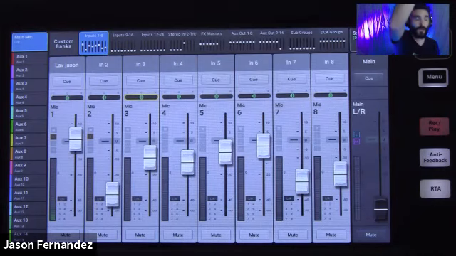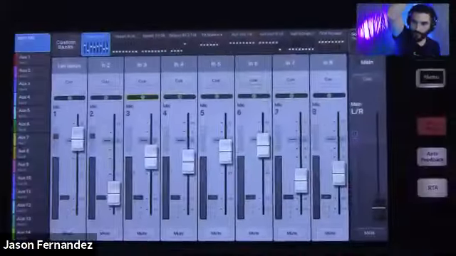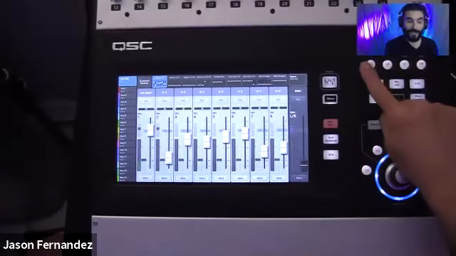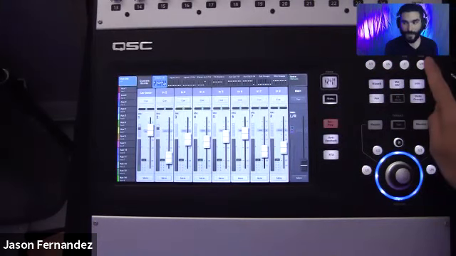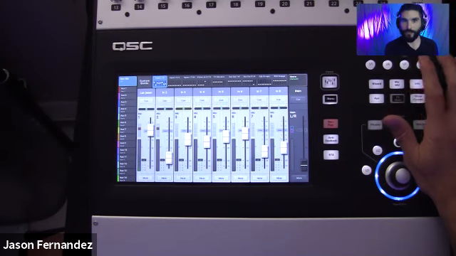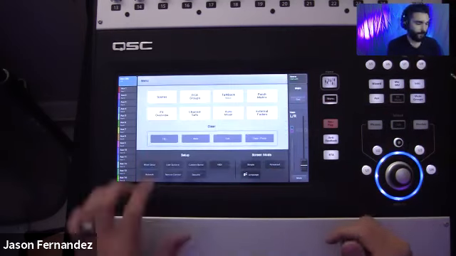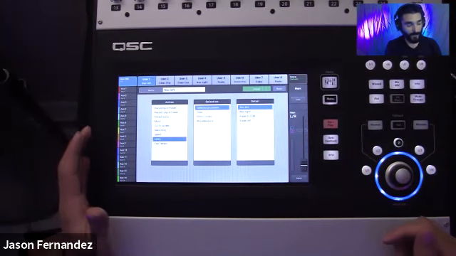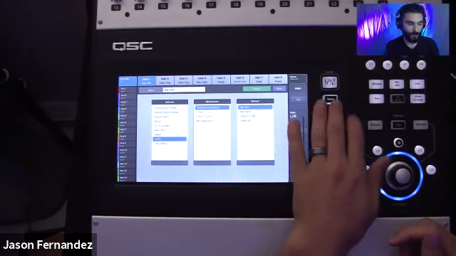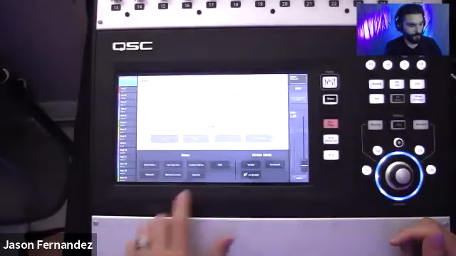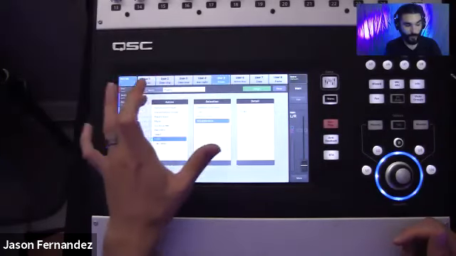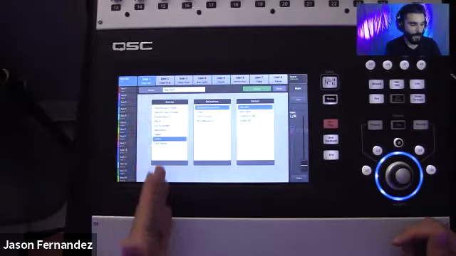On the TouchMix 30 here, let me show you my buttons. Yeah, so on the TouchMix 30 here, I actually have an additional 4 buttons. So the TouchMix 30 has 8 user buttons. U7 and U8 here are the default copy and paste for your TouchMix 30. And then just kind of to continue the conversation a little bit, you can change what these do at any time. You can come into the user button menu here, within the menu screen, select user buttons, and I can use my navigation tabs to select which user button specifically I want to set up. And then I have my menu options here.